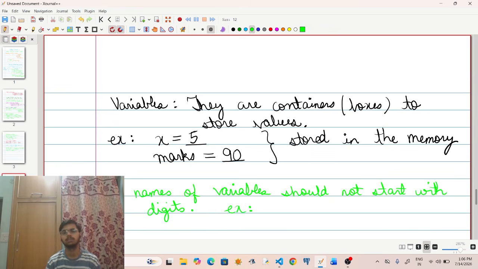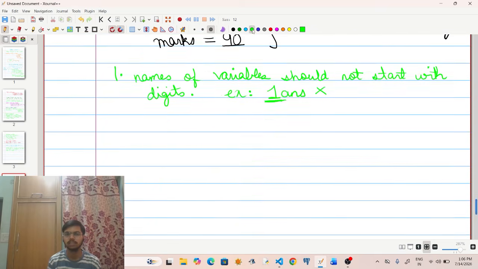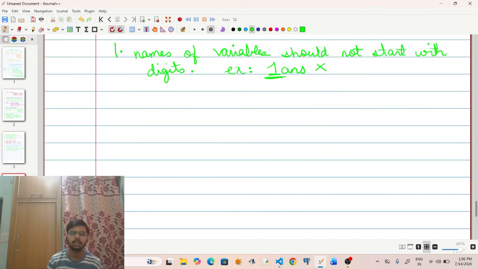Suppose I give a variable such as 1answer. This is not a valid name, because according to the first rule, the first character of a variable's name should not be a digit. See, one has come in the beginning of this variable name. So this is an invalid name, and this will result in an error when you are writing code in Python.